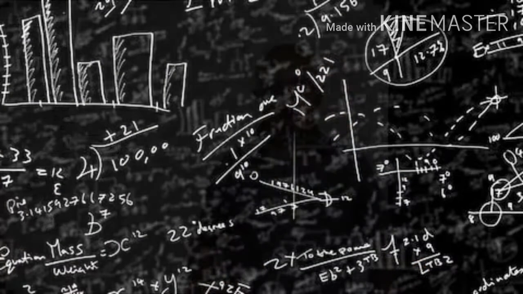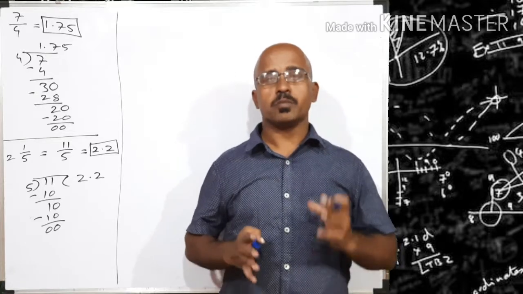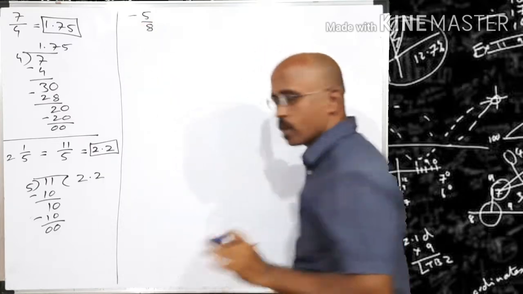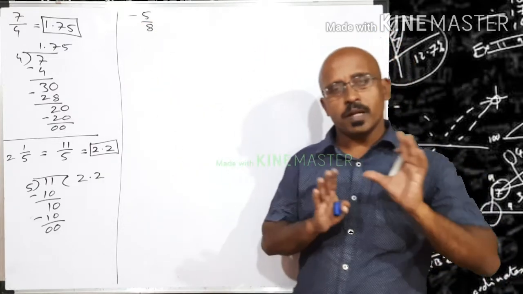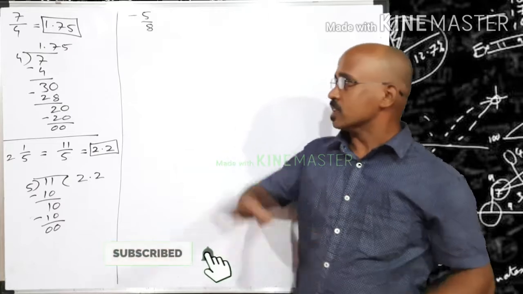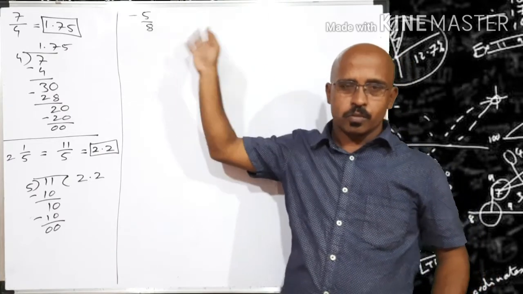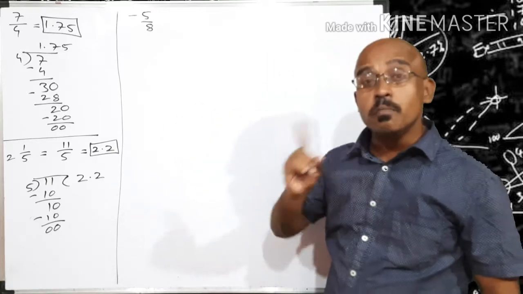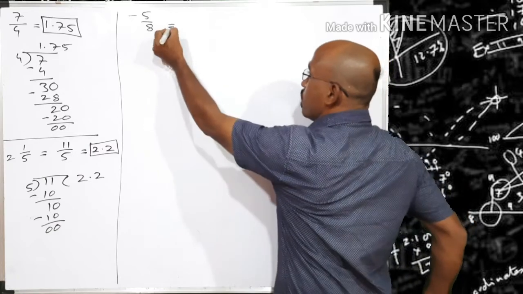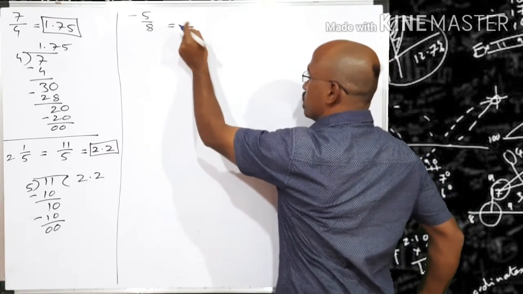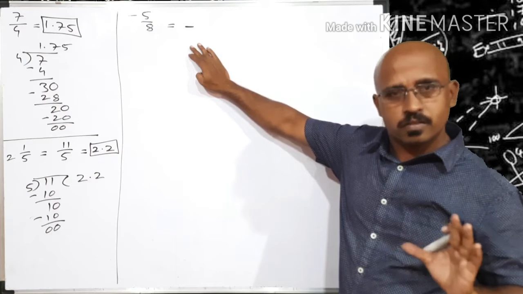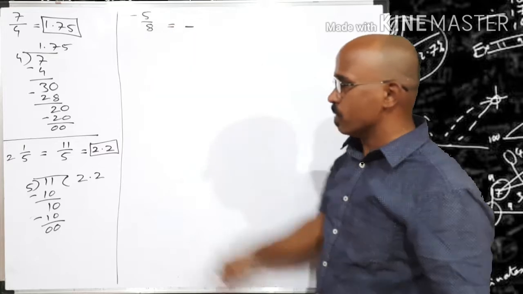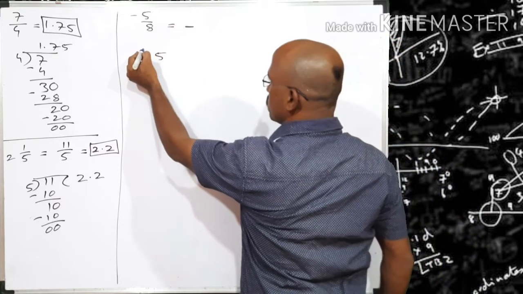Is it clear friends? Let us see what to do with integers. Suppose the question is minus 5 upon 8. Then what to do? No need to worry. We have to apply the rules of integers. In integers, if one number is negative and one is positive, the symbols are different, minus plus. Minus is the symbol of the answer. So whenever we divide, one answer will come and the symbol of that answer is minus. Finished. Clear? And for the division, we do as we do normal division, which means we divide this 5 by 8.